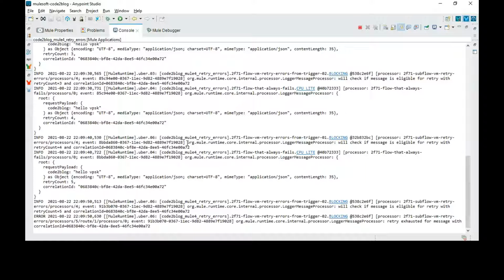That's because I have used an application that always fails by using a raise error component. There is not much logic in that flow. It has a logger component and then a raise error component.